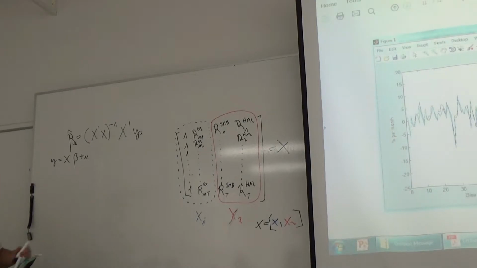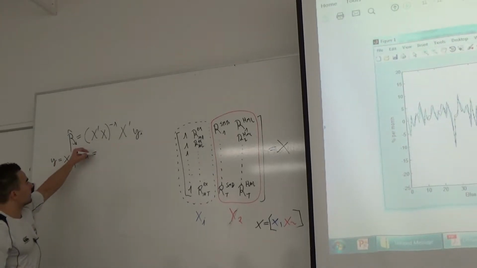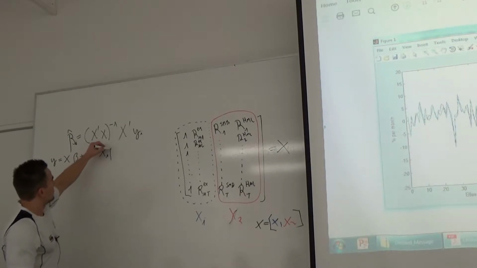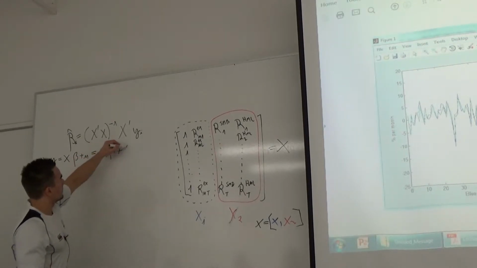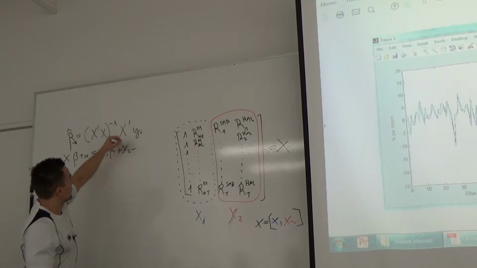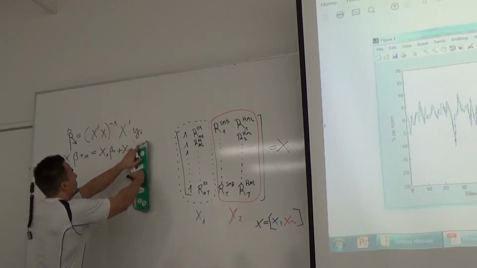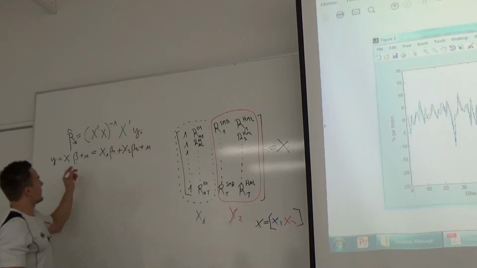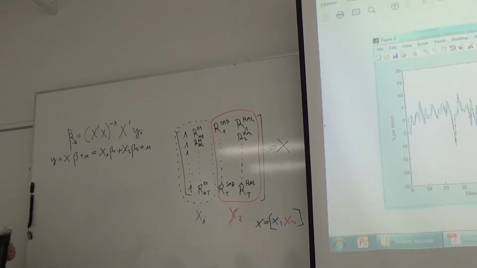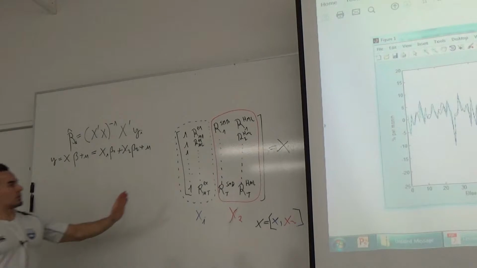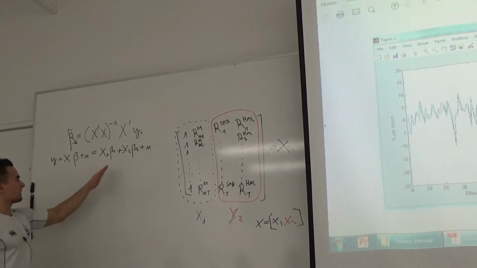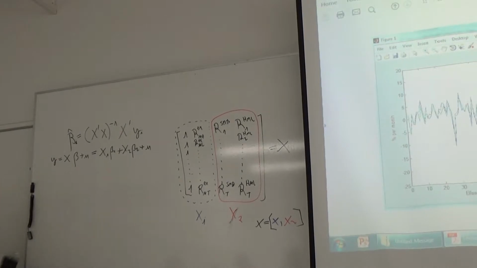And then if this is our notation, then we can reorganize this equation here as x1 times beta 1 plus x2 times beta 2 plus u. Same error vector. Now we have just divided these two matrices into two submatrices, in order to get our point estimates. But it doesn't matter. It's equivalent. But what is now interesting is, okay,